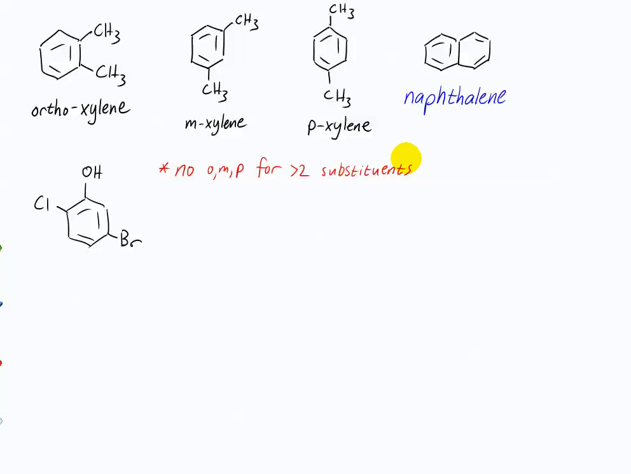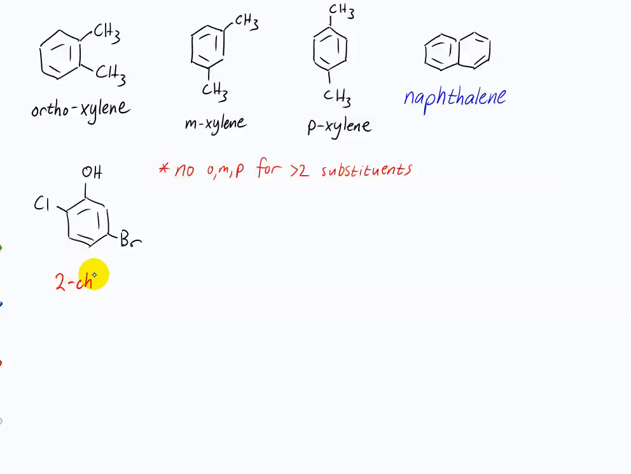If you have more than two substituents, you have more than one ortho-meta-para relationship. Because like the OH and the Cl are ortho to each other, but the Cl and Br are para to each other and all this stuff. So it just gets too confusing to name it that way. We go back to the old-fashioned numbering in that case. And this would be then